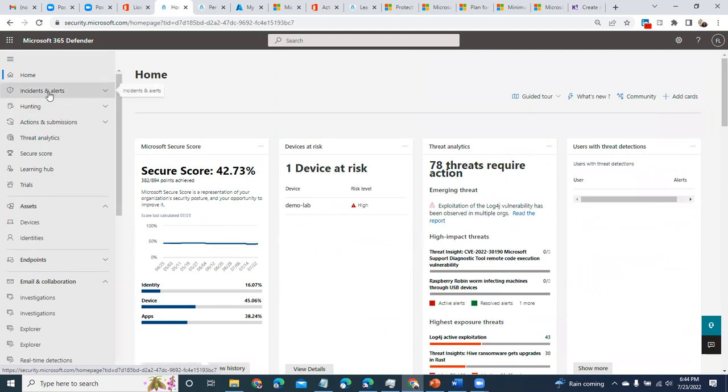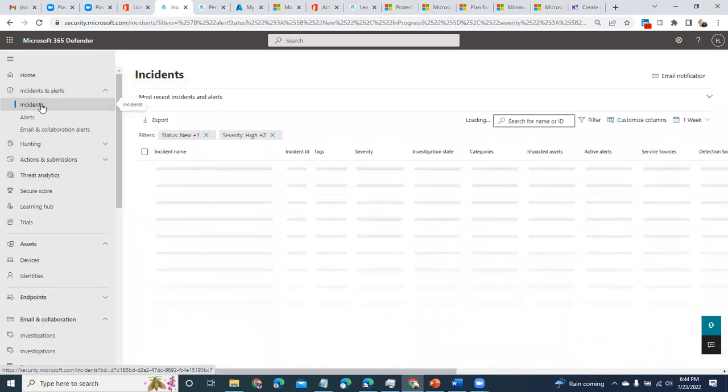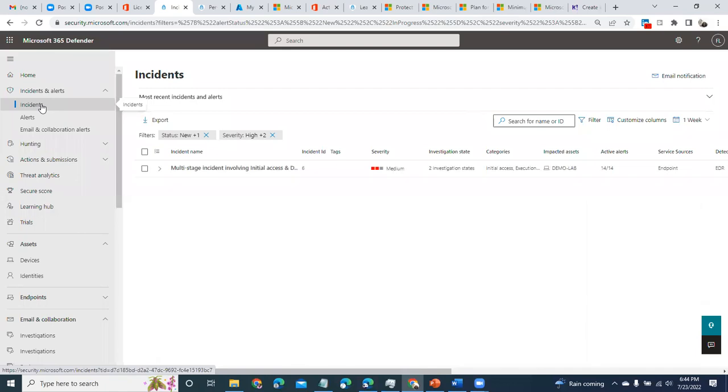We move to incidents and alerts. Once you go under incidents, you'll be able to see a summary of incidents that have happened across your Defender suites.